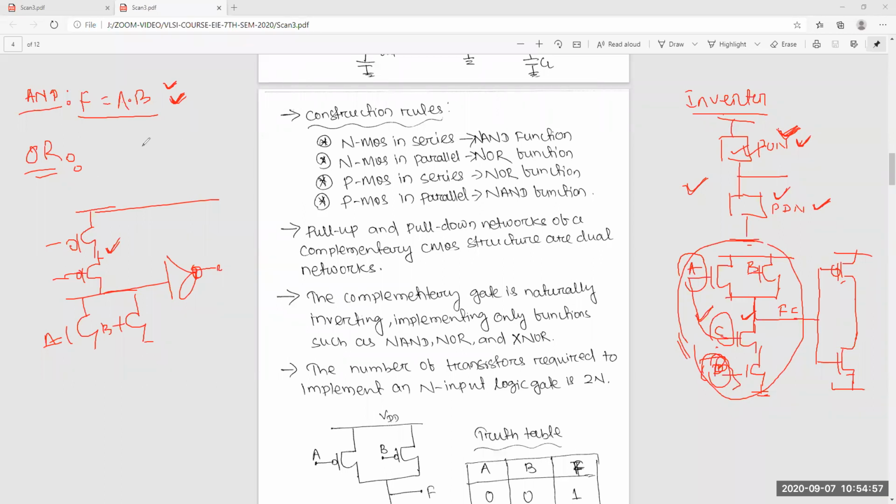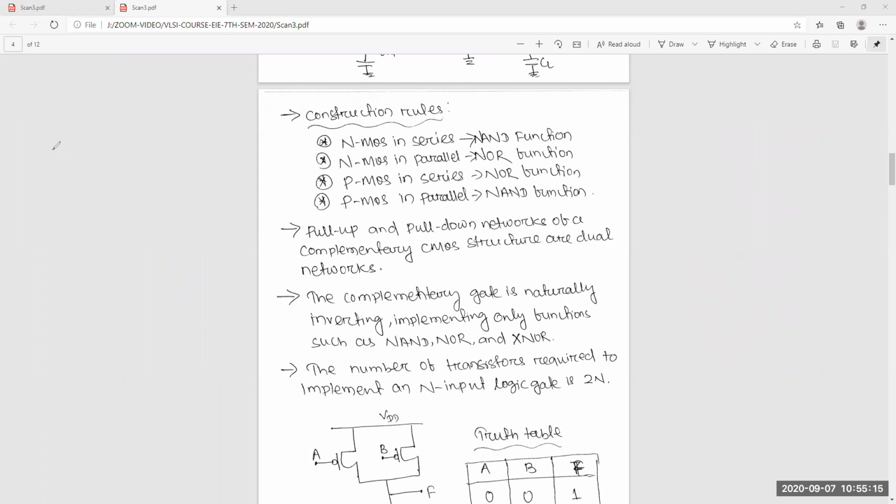Okay, so these are some simple circuits, like A or B, or A and B not, and even if it's 3 input or 4 input, still it's simple. But when you go for the complex ones, you have to think about it. Suppose I say (A plus B) into (C plus D). So what will be the circuit?